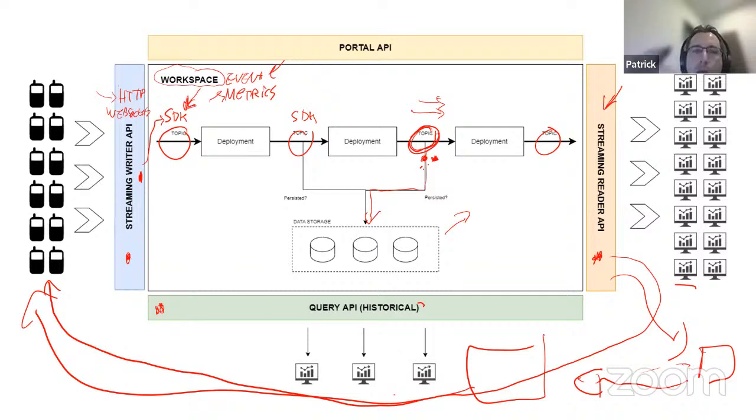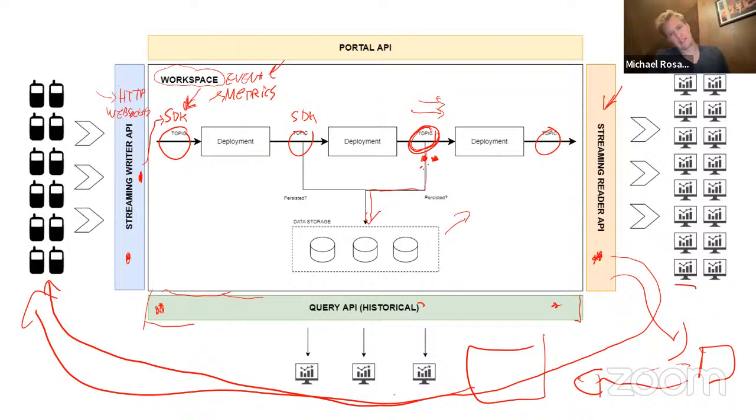I want to store this topic in the database, and we have a data explorer to explore this data with the UI. And this UI is actually using this API that is drawn here in green. So this API is used by this UI in our platform, but it is also an API that our users can use for their own implementations. You don't need to just use our UI. You can create your own applications and query historical data from this workspace, and that is what we are providing here in the green box.